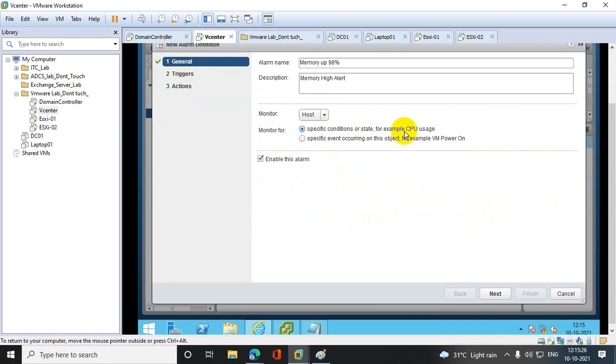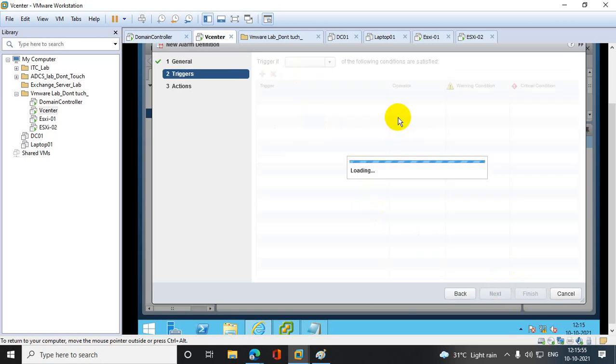So CPU usage: whenever CPU usage is monitored for host, it is up to CPU usage. So let's say CPU usage high processing, high utilization. Click on next.